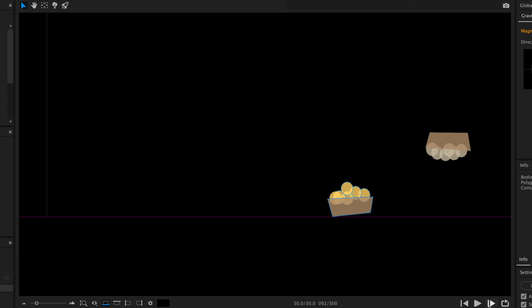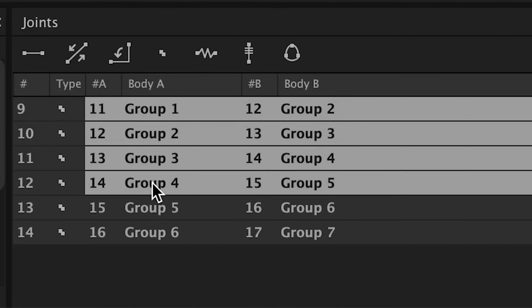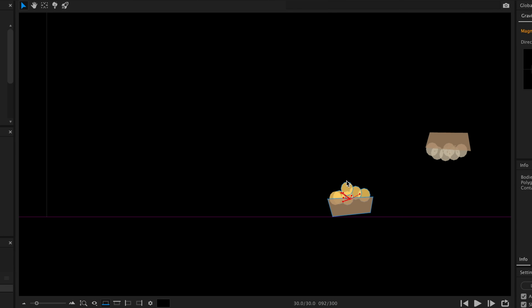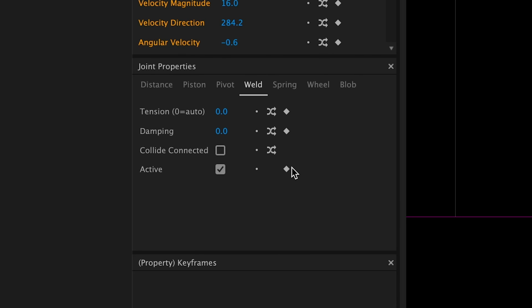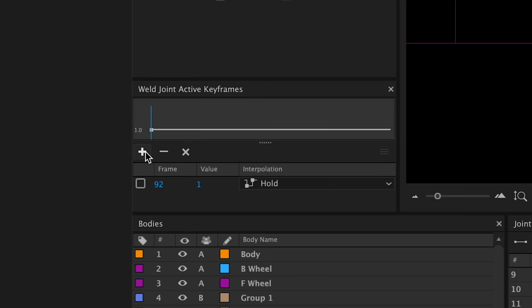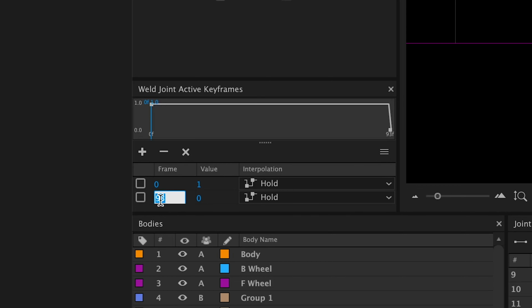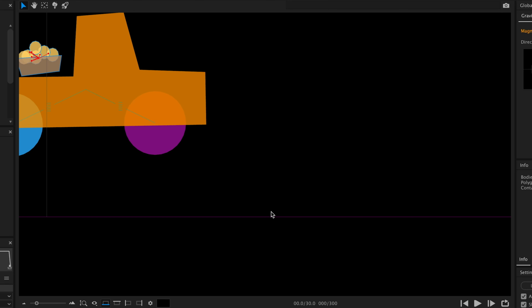So to do this, I'm going to select all my weld joints that are there. I'll animate whether it's active or inactive. Frame 0, it's active. Frame 92, it's inactive. We'll see how it looks.